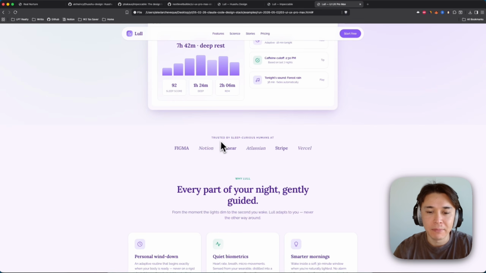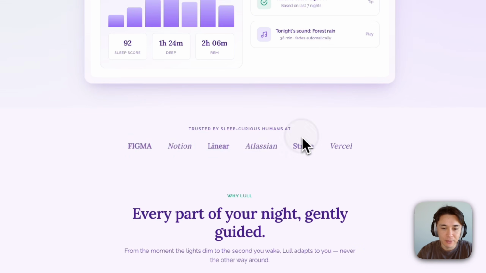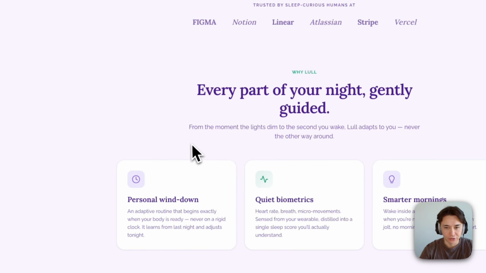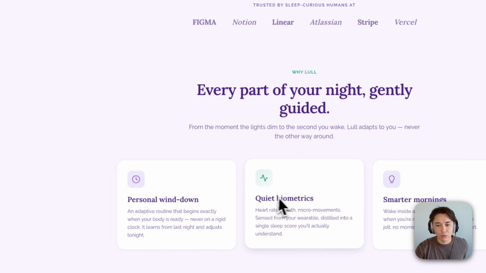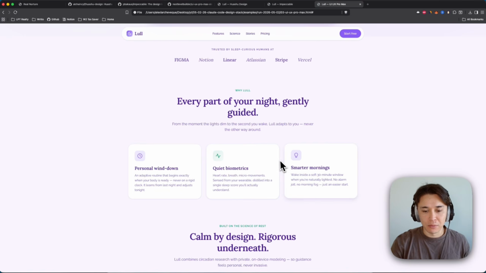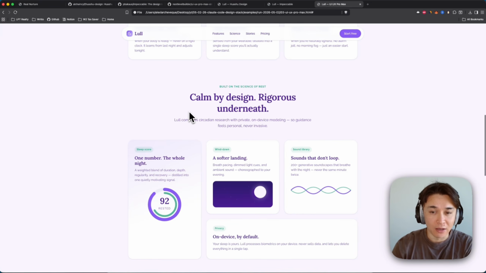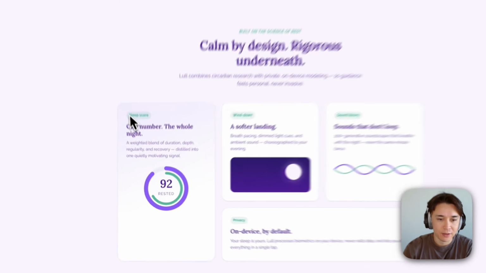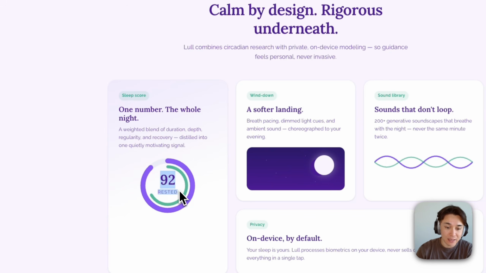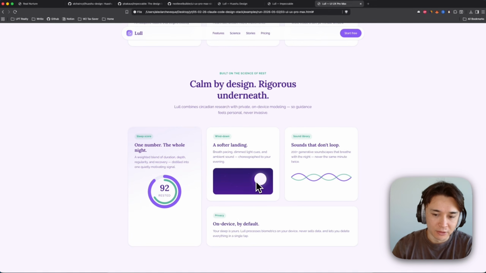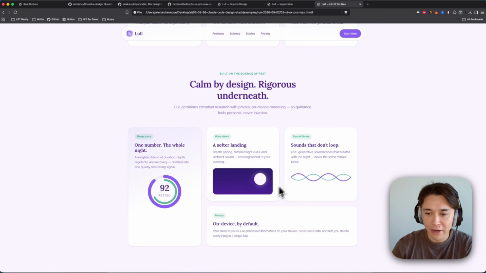Then we have a company testimonial, trusted by humans at these different companies. And then we go into the features. So you get your personal wind down, quiet biometrics, smarter mornings. And then additionally, we get calm by design, rigorous underneath. So you get sleep score again with a dynamic graph, a softer landing with a custom moon diagram, and then